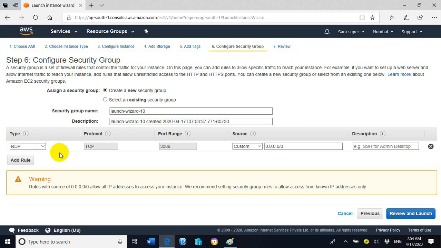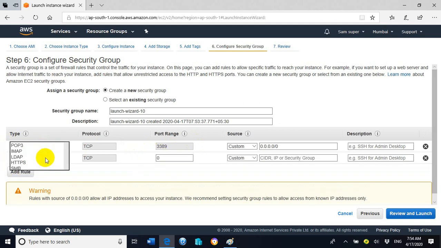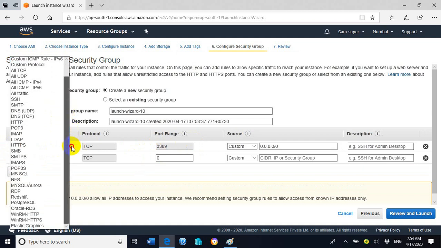If we have a Linux EC2 instance, then we require SSH. So we go with RDP as it is, and click on add rule and select HTTP.